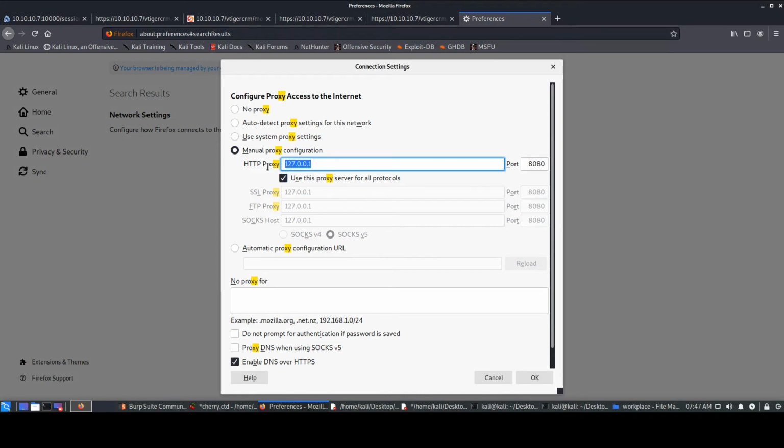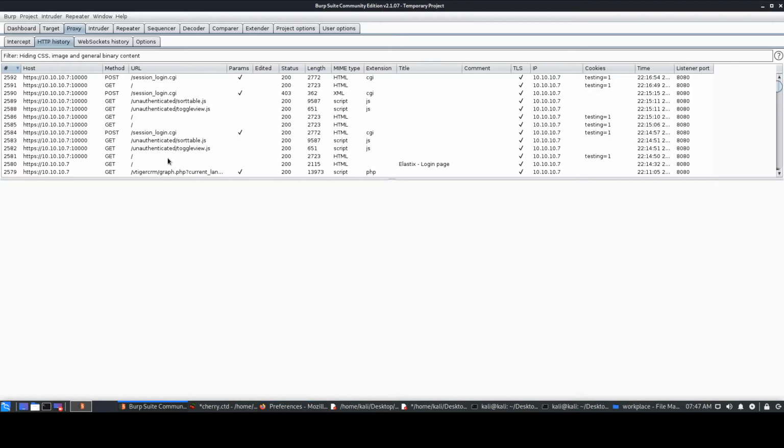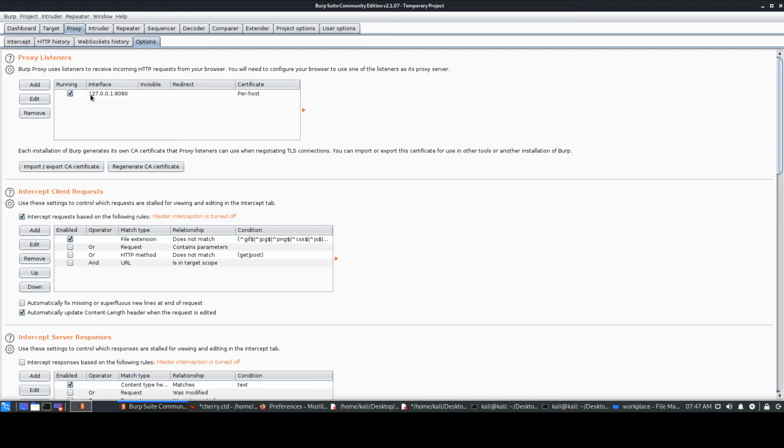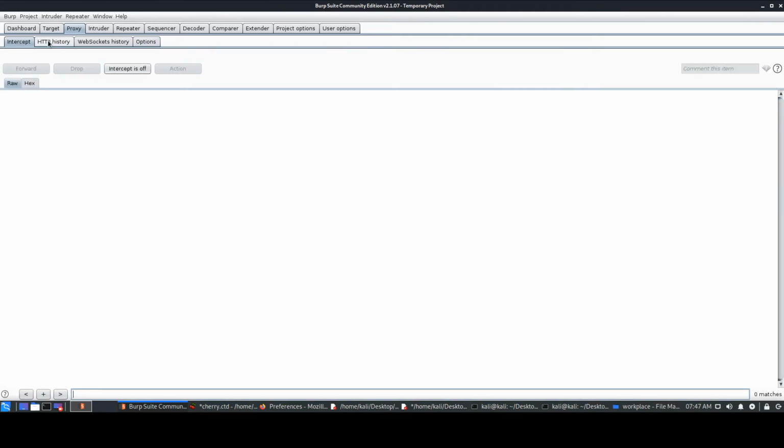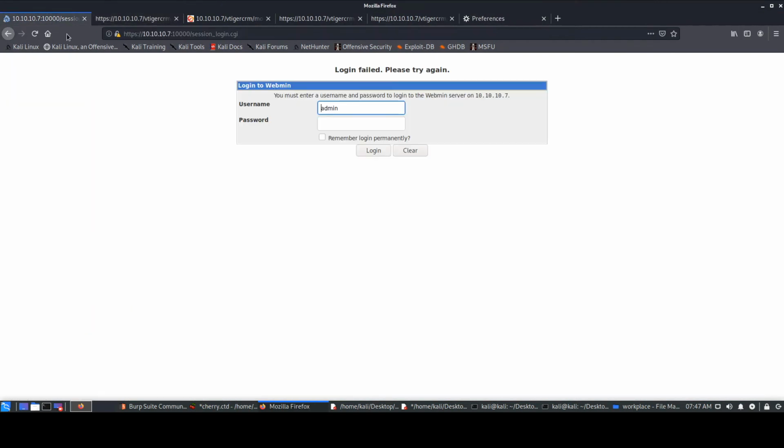And then you will give the IP address, your localhost IP address, my attack machine's IP address, localhost. And this is the port number. So this is what you got to enter over here, the exact same thing. Once you enter that, go to Burp. It will already be listening, running on the same port and IP address, so you don't have to change anything over here. Just make sure it's running, and then obviously turn the interceptor off. If you keep the interceptor on, I'll just show you what happens.